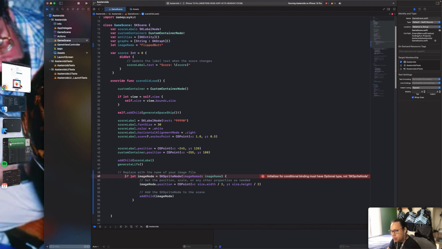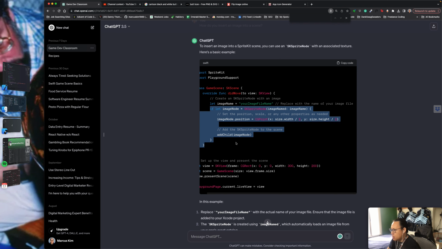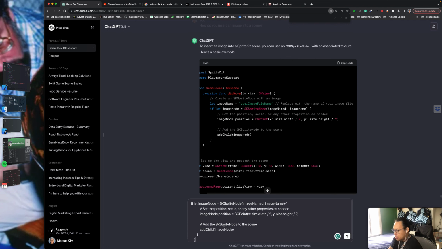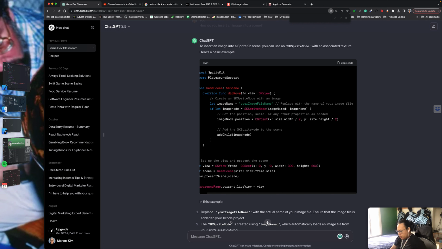Why is this not an optional? What is ChatGPT doing with my life? Okay, what's going on? So let's paste this in there. It says we need an optional type, not SKSpriteNode. Let's go. I think we have about 10 minutes left to code, so I'll just try to get one ass